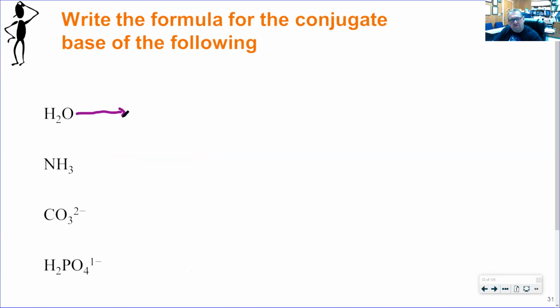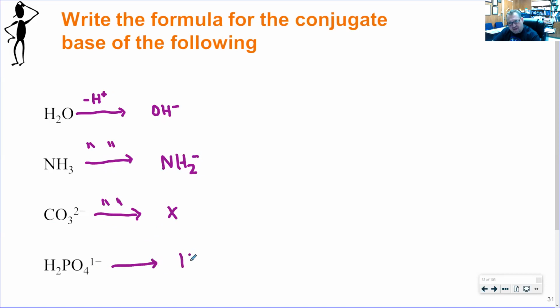So it's form the conjugate base when it's going to become the acceptor. That means that instead of gaining the proton, it's lost the proton. So if I strip a proton from water, it gives the hydroxide, the OH minus. If I strip a proton from NH3, the charge goes with the proton, so it'd be the NH2 minus. If I strip a proton from carbonate, I find that can't happen, because there's no proton that can be lost there. So this one is a no-go. It can't happen.